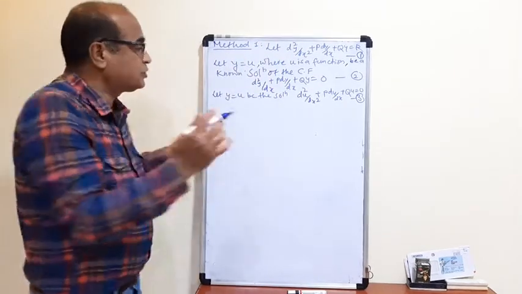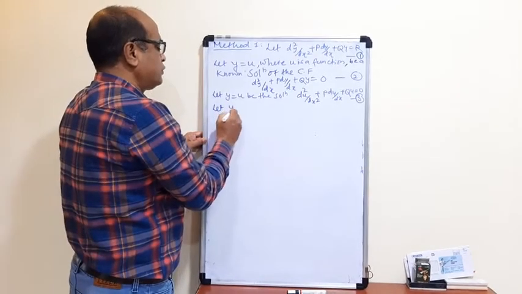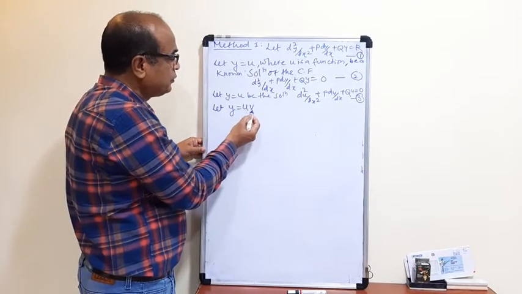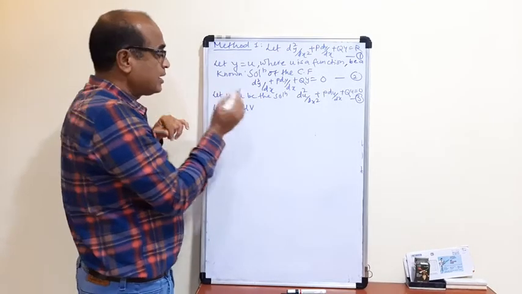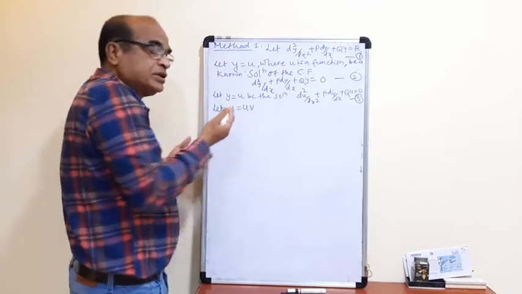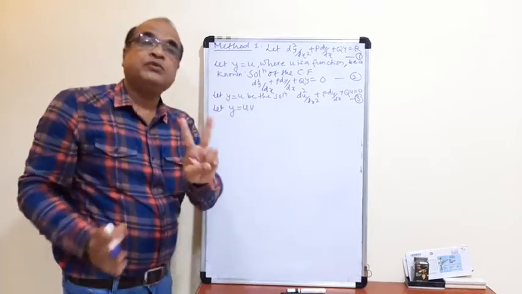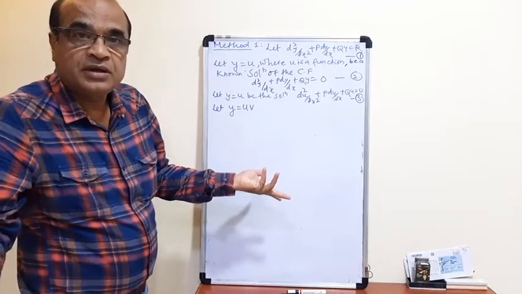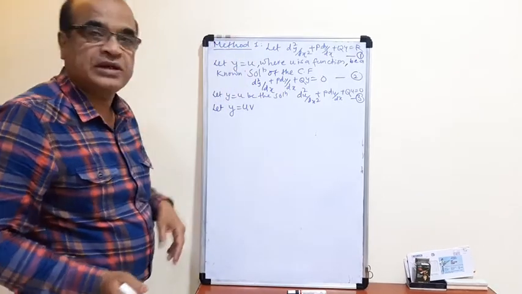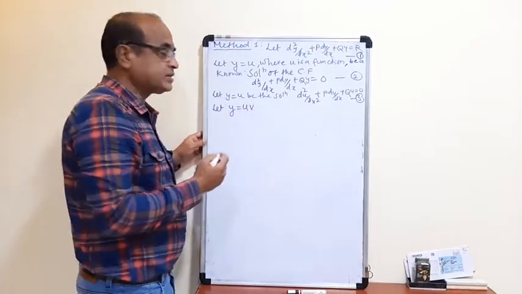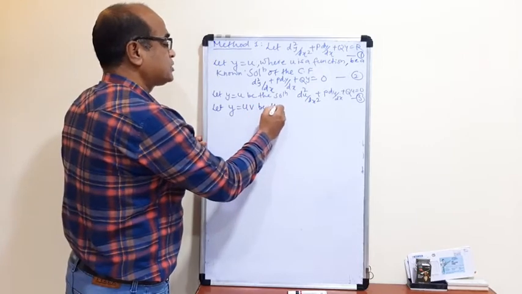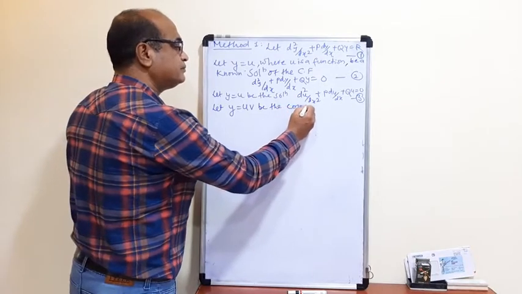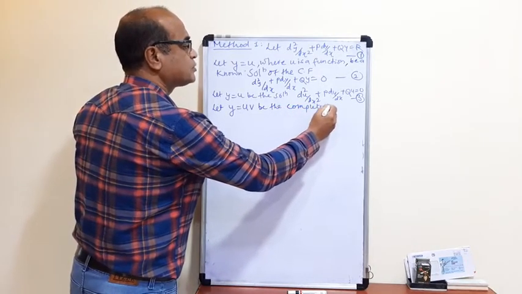But what is the complete solution? Let y is equal to uv, where v is a function of x. U is a known solution, so already known, but you have to determine v here. Put the values of u and v, and we get the complete solution of this differential equation. So here v is a function of x, and y is equal to uv is the complete solution of 1.